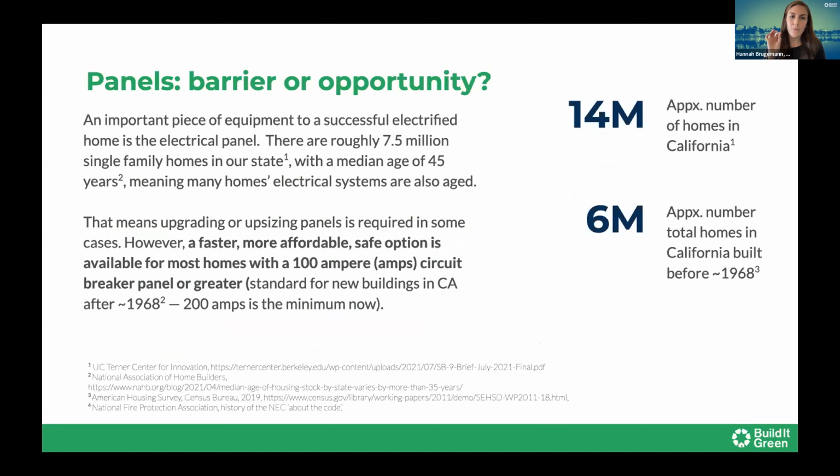So in order to electrify, in a lot of cases, you may or may not need more electricity. The electrical panel is kind of like the control center for the electrical system in your home. And that's why it's so important, even though you may not have thought about it unless you were like Cora's friend who blew their circuit and had to go figure out how to reset it. Like Brian said,